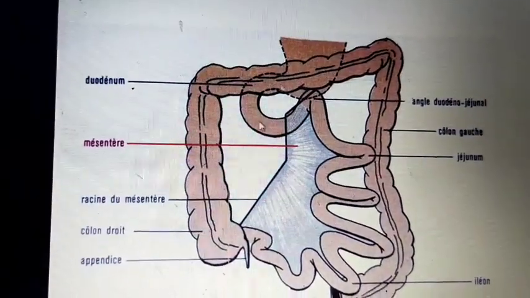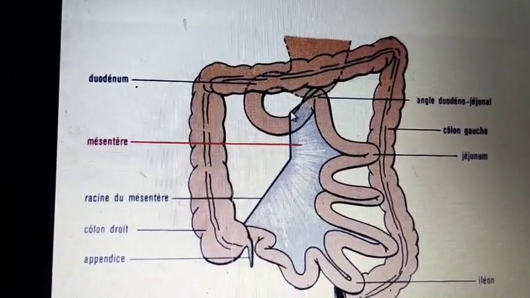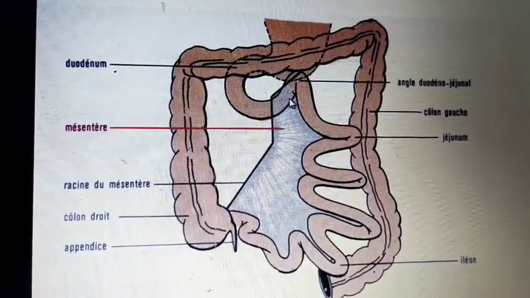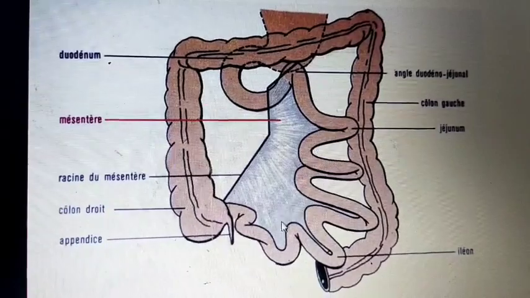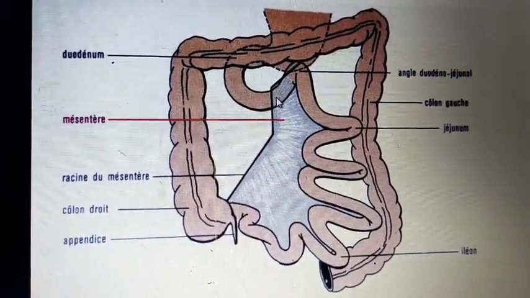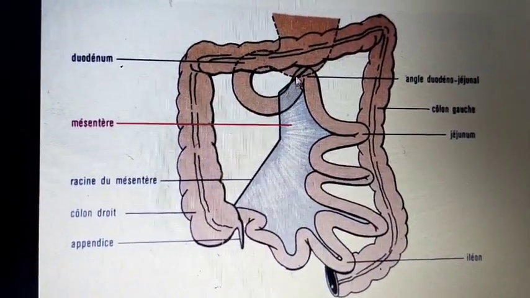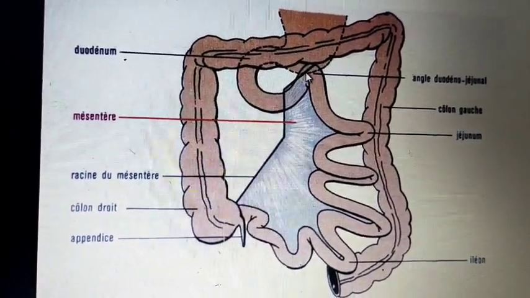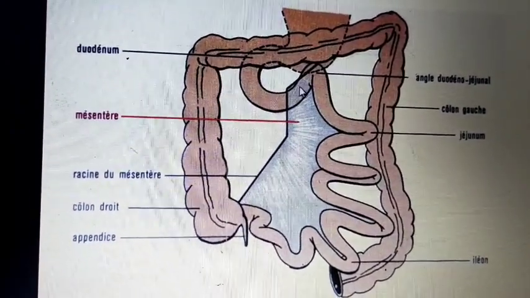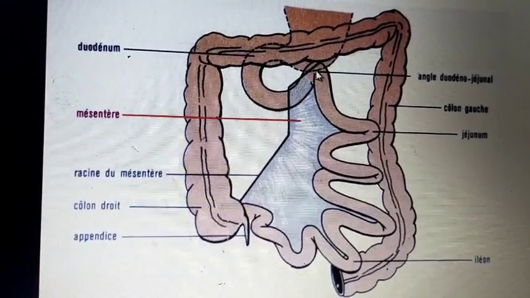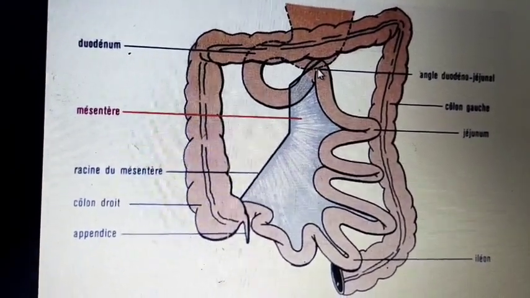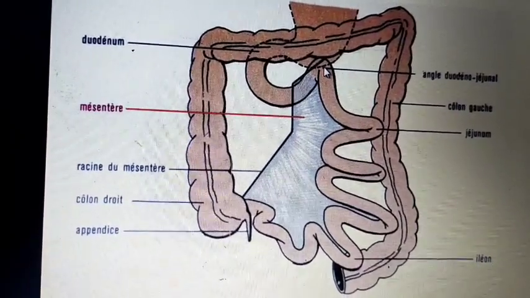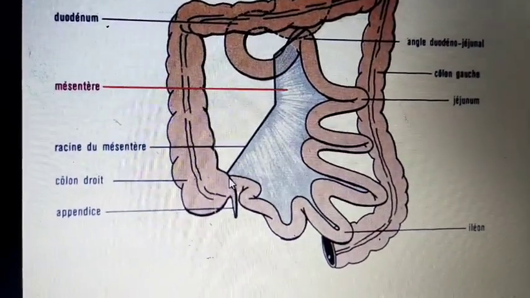Can you see in this picture? This is the root or attached part of the mesentery, and this is the free border of the mesentery. Where does it start? The root of the mesentery starts at the duodenojejunal flexure, at the end of the third part of the duodenum, where the jejunum starts, and the small intestine ends at the ileocecal junction.